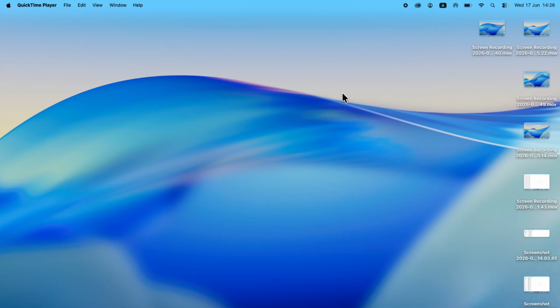How to make the font size bigger or smaller on your Mac computer. So I'll show you two ways on how to increase or decrease the font size. Now the first method is you can click on the Apple logo in the top left hand side and then